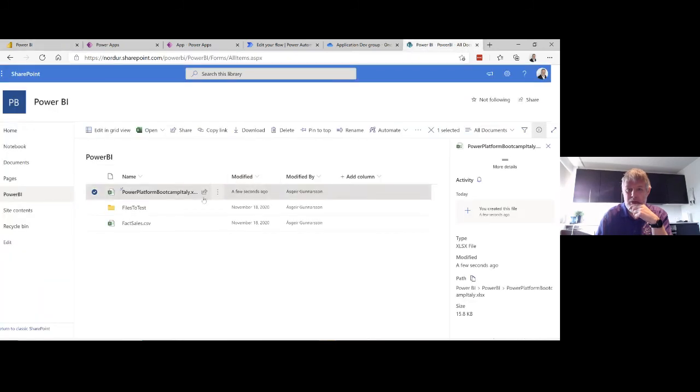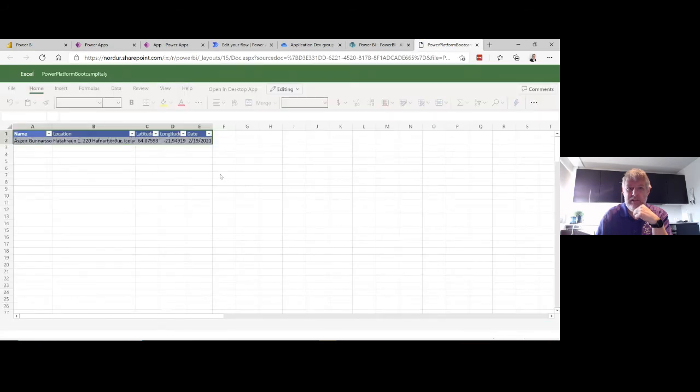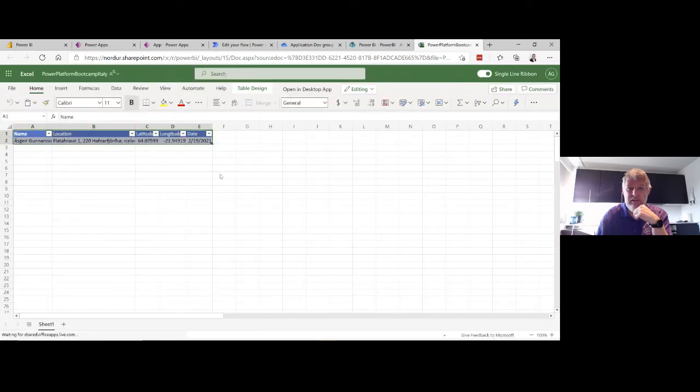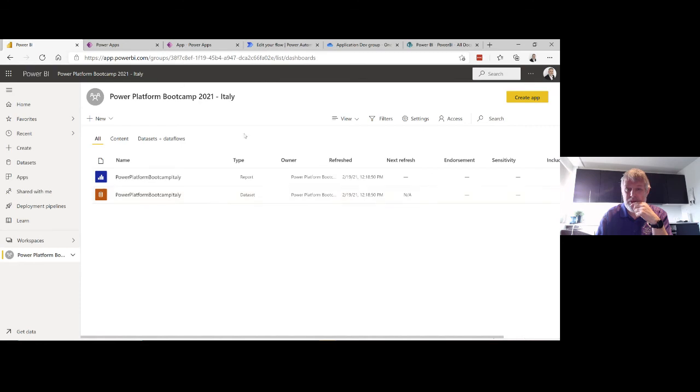While we do that, we can look at the Excel file here. Hopefully that should show 2 lines of data. Yes, so now we have 2 lines of data in our Excel file. That was nice. And then we don't have a refresh. Oh, it's because of the 30 seconds delay. So it's getting there.